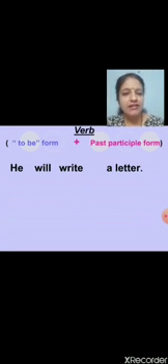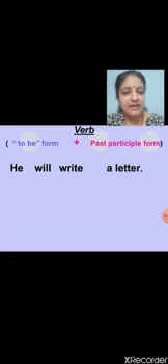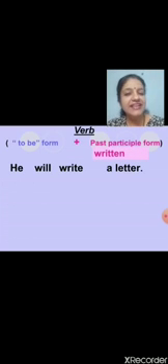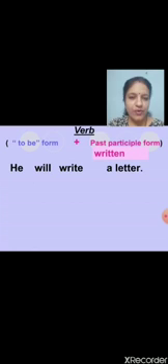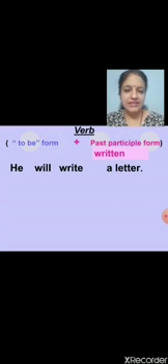We are learning here only first to change the verb. What we need to do is correct. We need to change the main verb into its past participle form. And what is the past participle form of write? Yes, it's written. Very good. Write, wrote, written. Written is the past participle form. And now we need to find out what is the correct to be form to be used in this sentence.